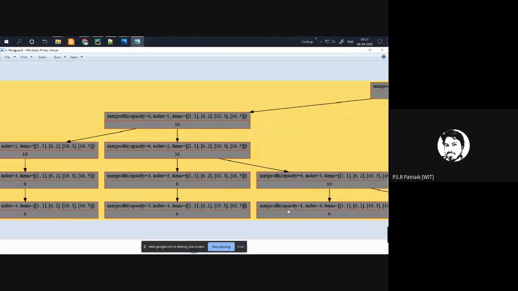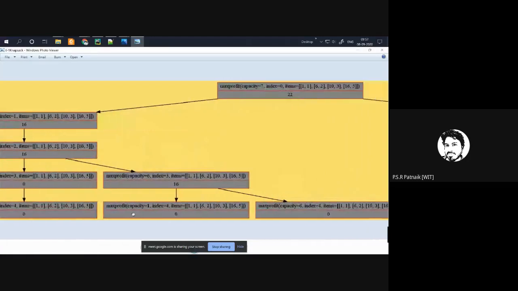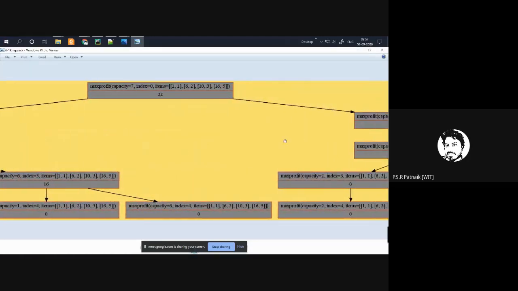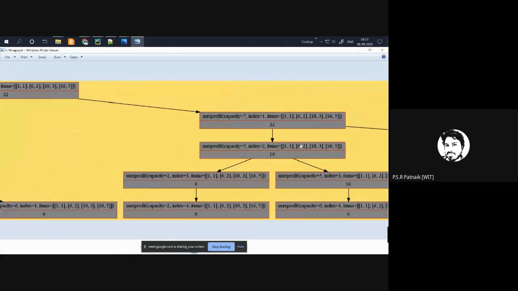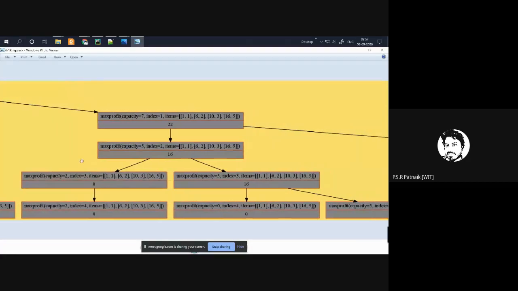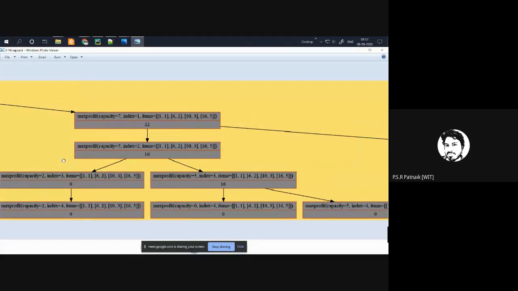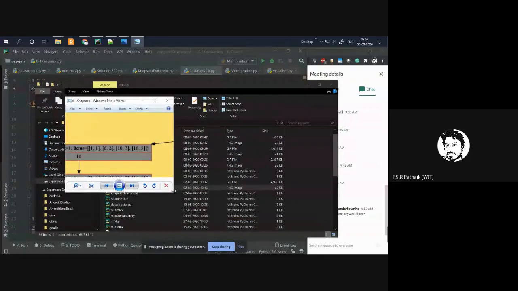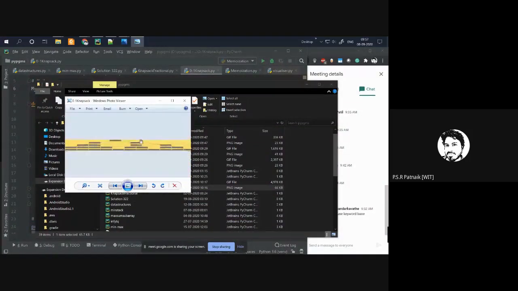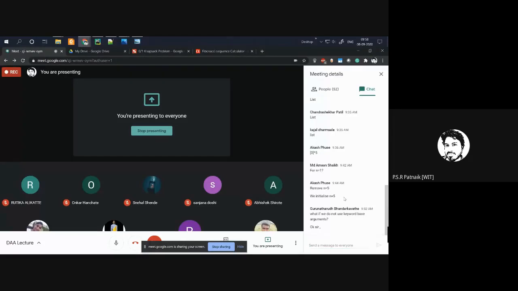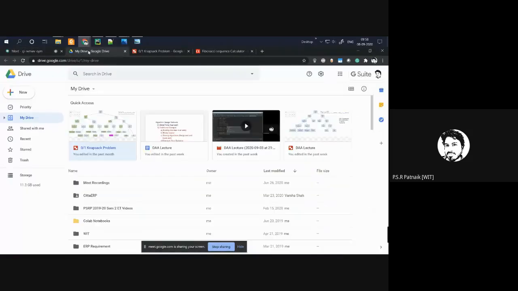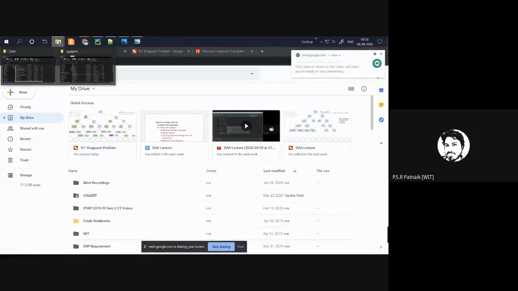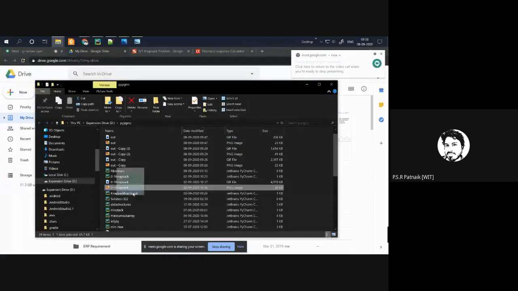Capacity 4, index 3, any redundant call? Let me know if you find it somewhere. Do you want me to send this image to you so that you can find the value for this? Let me do one thing. I will share it for you.